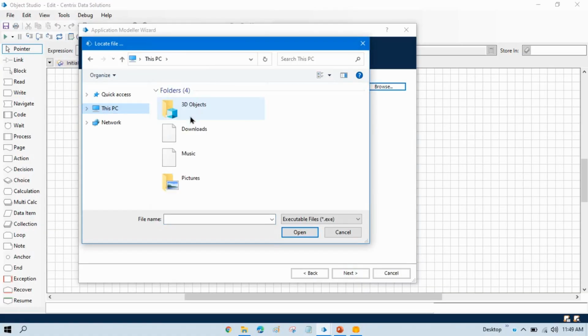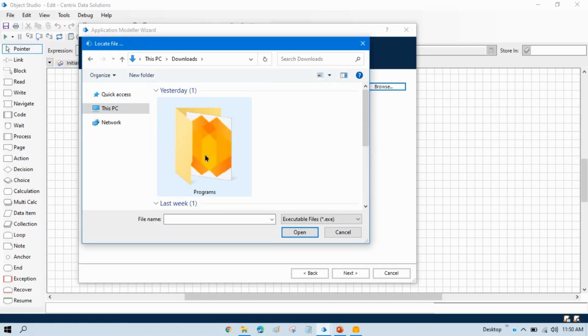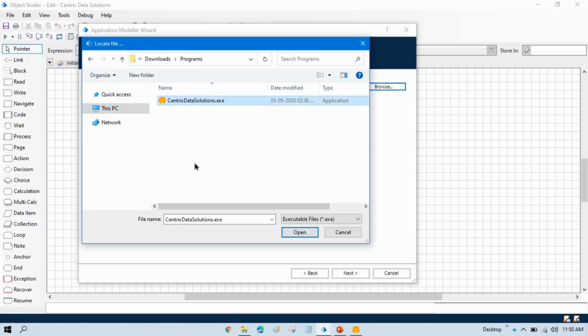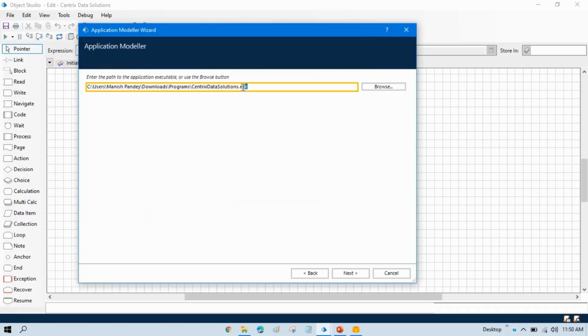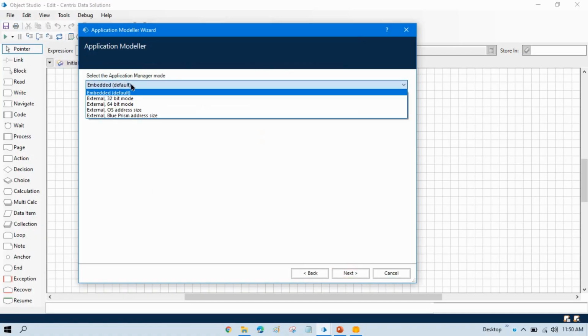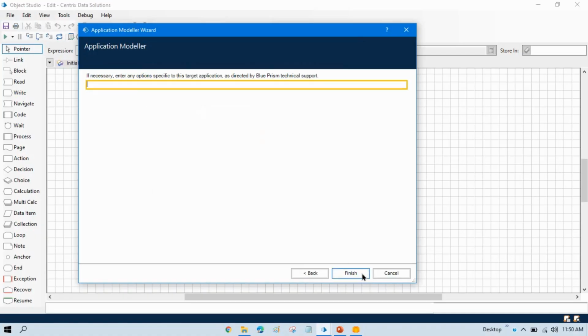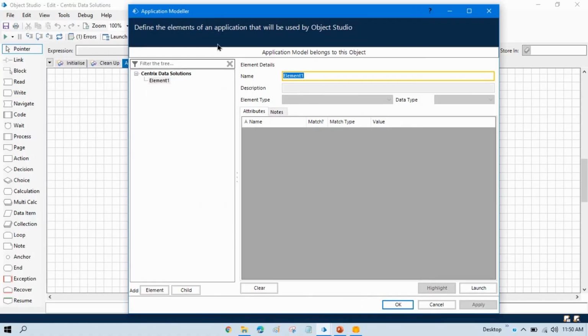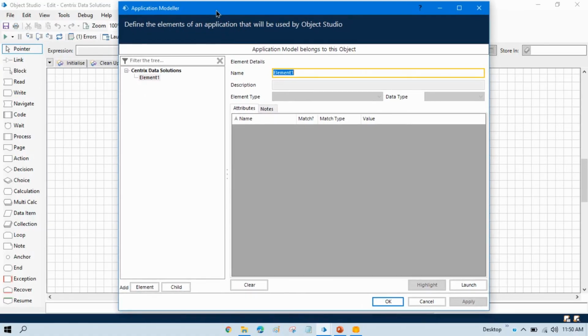So we'll click on downloads and then programs and select this Windows application. So this is the location where this exe is available. Now click next, next, next, next, and you can select this by default, embedded default. Click next, finish. Now you can create your application model so that your Blue Prism bot can understand